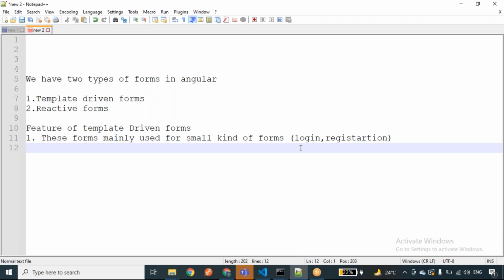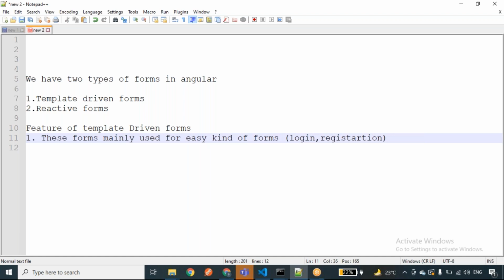We have only two form controls. That's why I'm saying we can consider it easy with respect to the structure. The form controls, the form fields, will be very few.